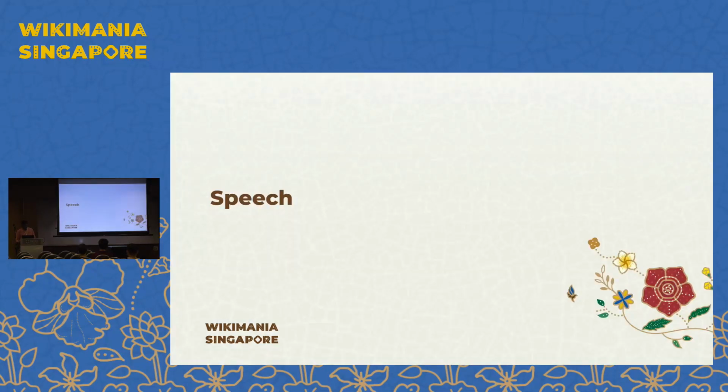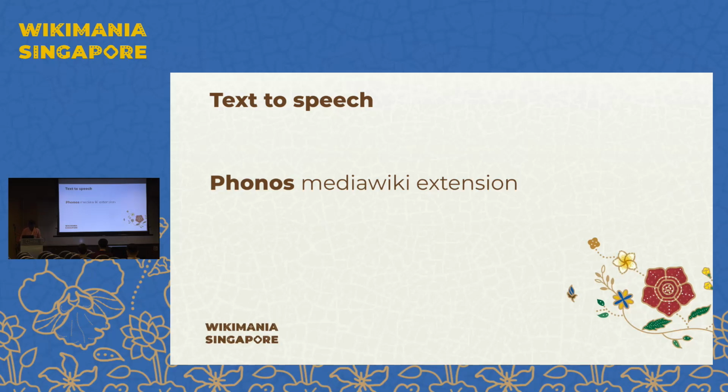Let's move to speech. Recently there was an experimental extension called Phonos, to transcribe speech, especially when it is written using IPA. IPA to speech. If you go to most Wikipedia articles, there's a speech icon and there is an IPA representation. But IPA nobody can read, so if you click, it will go to another page and it will have an audio. But this is inline text-to-speech conversion. So it's not limited to IPA. The original idea is to support general text-to-speech capability. But that's in the early stages.